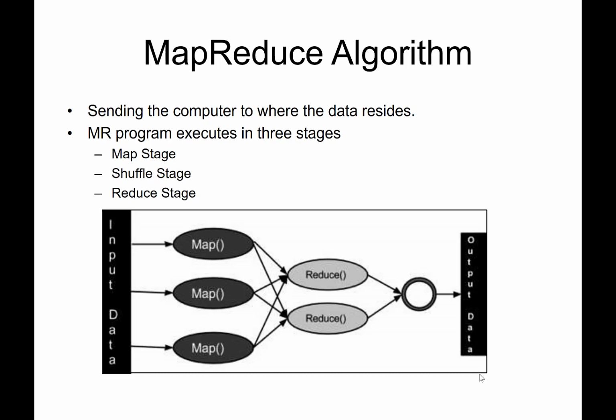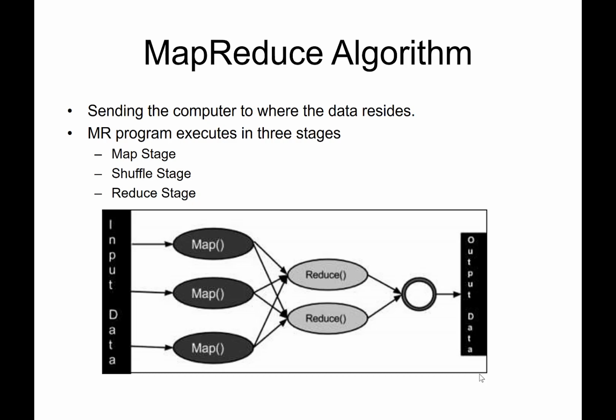This stage is the combination of the shuffle stage and reduce stage. The reduce job is to process the data that comes from the mapper. After processing, it produces a new set of output, which will be stored in HDFS. During a MapReduce job, Hadoop sends map and reduce tasks to appropriate servers in the cluster. And then the framework manages all the details of data passing, such as issuing tasks, verifying task